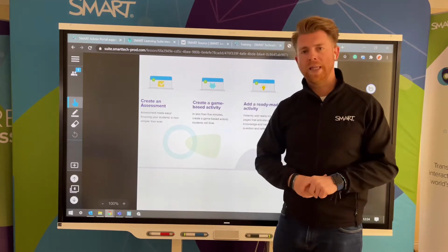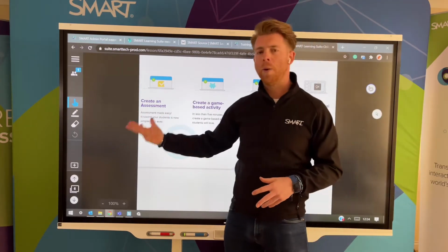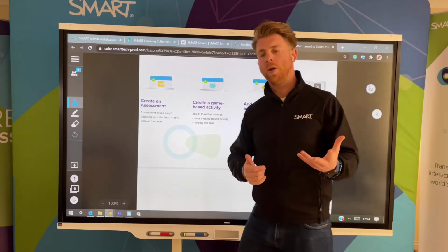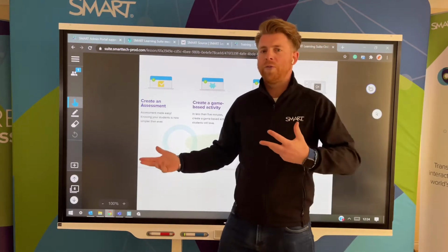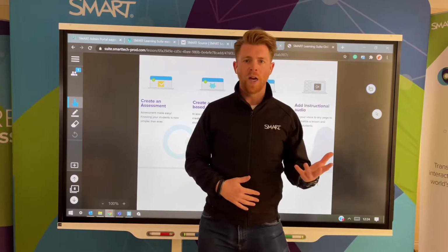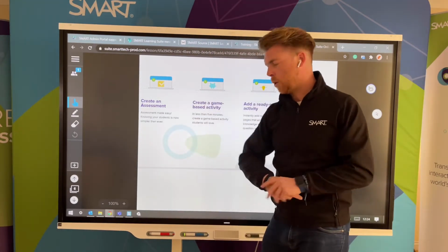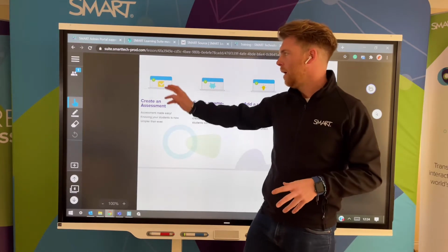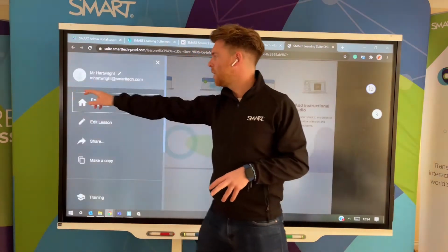So how can we create an assessment? At the moment I'm delivering through a browser using Smart Learning Online. I could have gone in through Google, but this time I've gone in using my Microsoft credentials. Obviously this fully integrates with Google Classroom and also with Microsoft Teams, as well as other different platforms that you're using. Now I'm going to click on these three dots